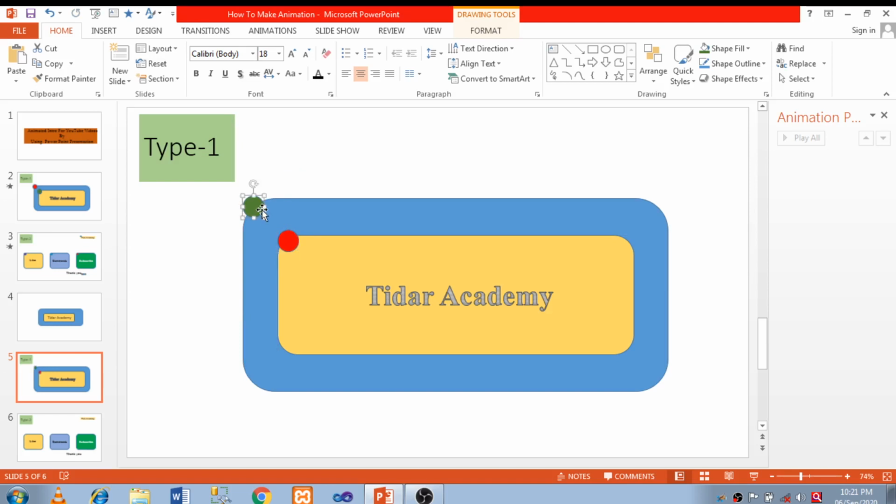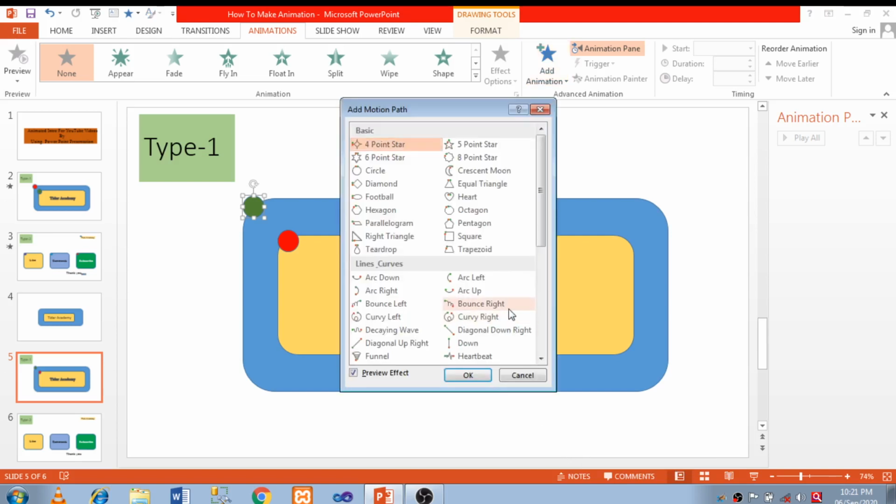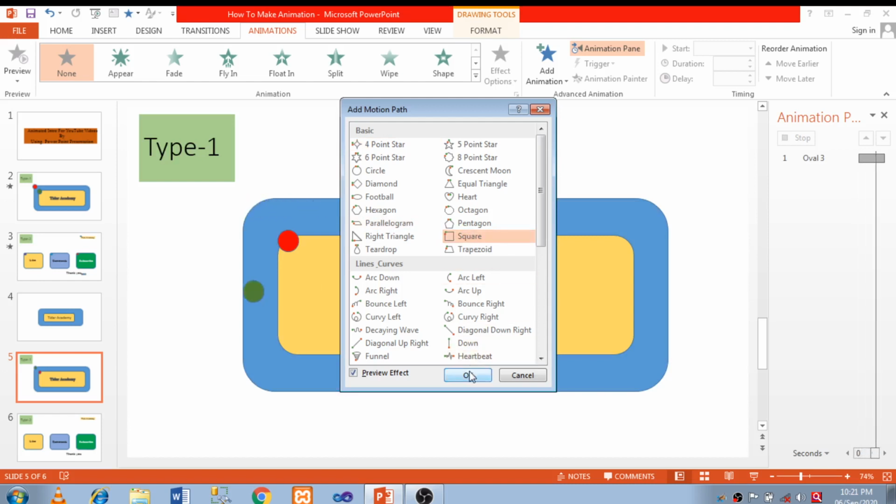Now first I have selected this. I am going to the animation, and here I have clicked add animation. I am going to the more animation path. I have selected it, and here you can select whatever the size or shape you have selected. Here I have selected the rectangular shape, that's why I have selected the square, and then I have selected OK.